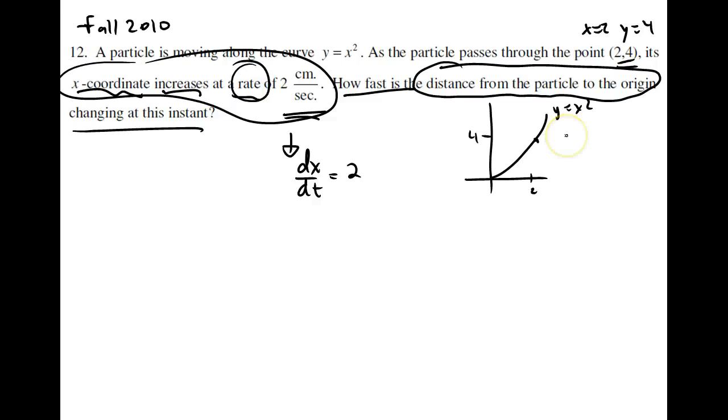Okay. When faced with a related rates problem, what you need is an equation for the thing that you are trying to find how it's changing. Now, it says distance the particle is from the origin. How fast is the distance the particle is from the origin? Distance formula. Any point